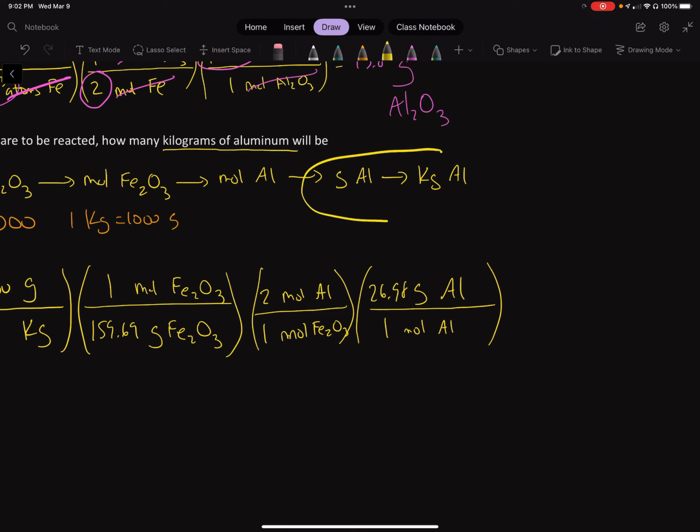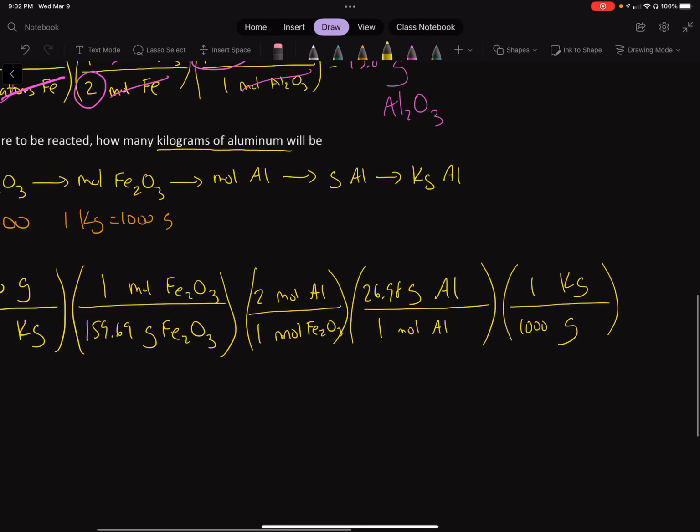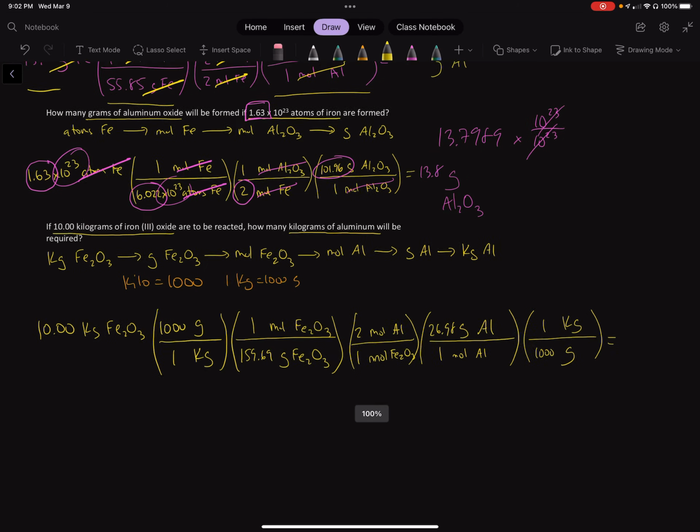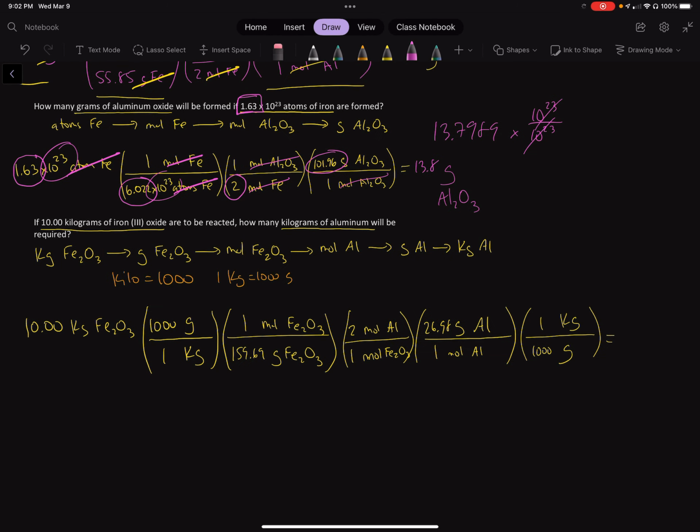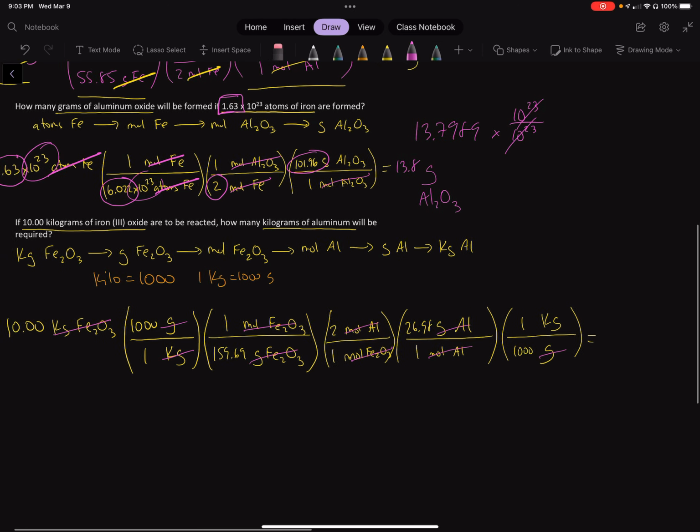And then the last one, going from grams to kilograms, we're going to use that 1,000 thing again. But now I want grams to cancel, so I'm putting grams on the bottom, and we need to convert it to kilograms, so I put kilograms on the top. And there are 1,000 grams in a kilogram. And this should give us our unit, so let's just double check. So kilograms of iron oxide is going to cancel, and then grams will cancel, moles will cancel, moles of aluminum cancels, and then grams is converted to kilograms. So that gives us